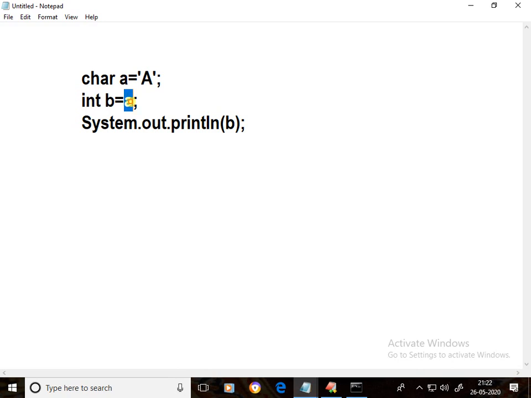Here a is assigned to b, that means character assigned to integer. This conversion is called character to integer. It is called as widening conversion.